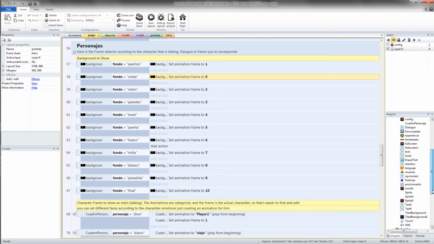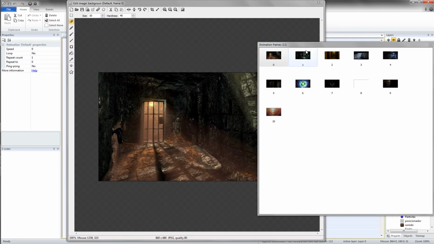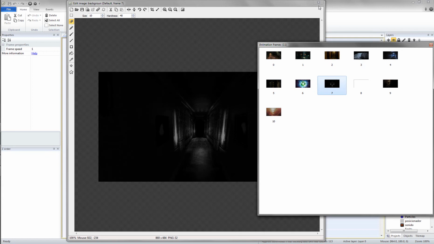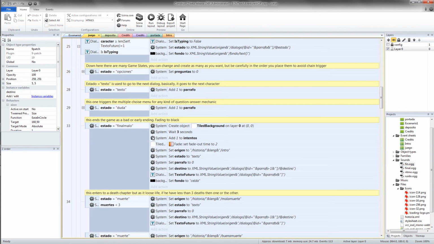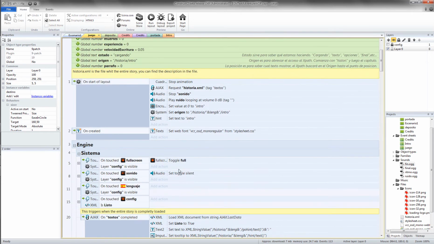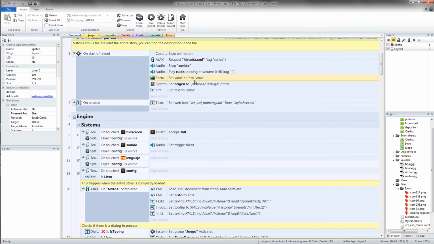Background by itself is just a sprite. Let's find it here with all the possible backgrounds in the game. Okay? How does XML work? Well, let's go to the beginning. You can see that here